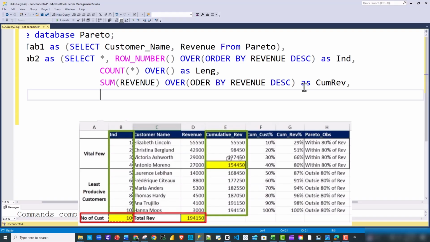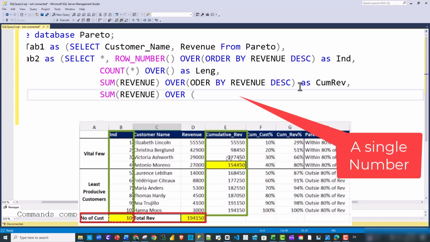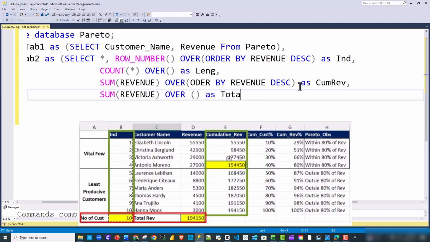So we are going to use also sum function, revenue over here. Total number is one number, or a column is one number. So we are going to leave between bracket empty as total revenue